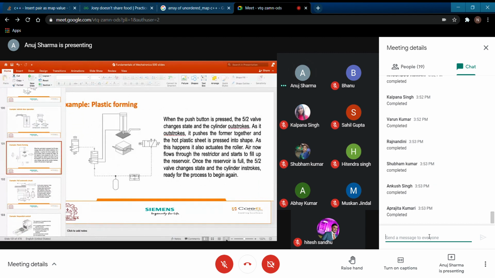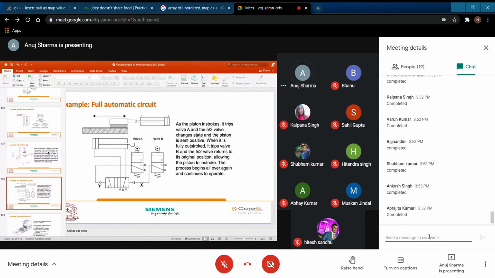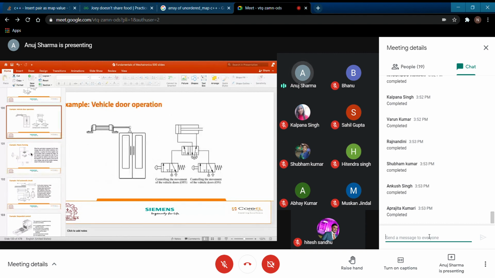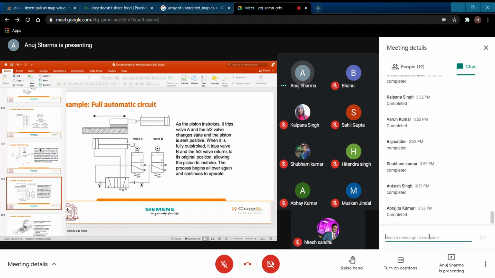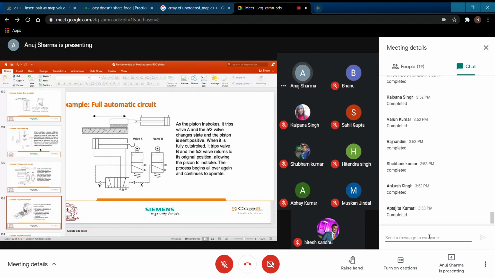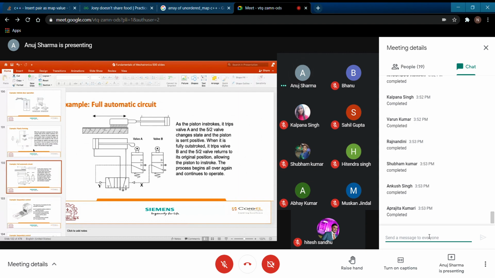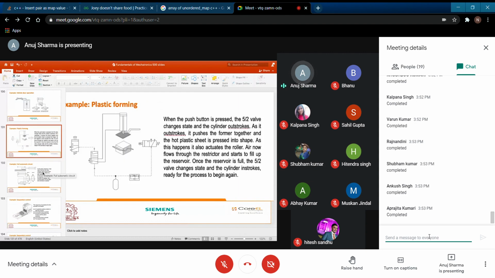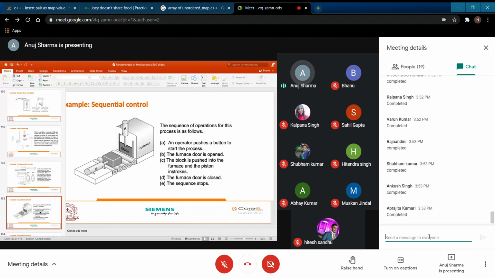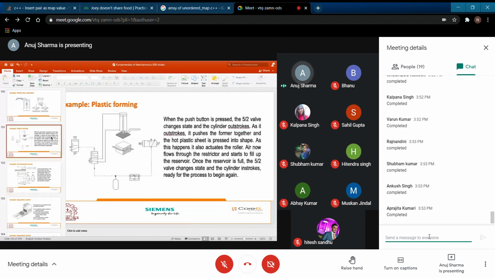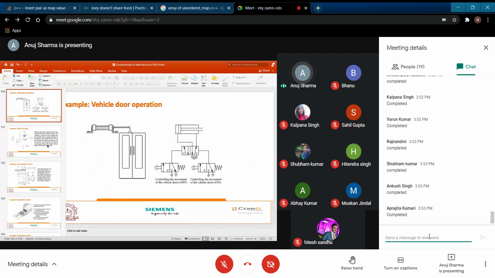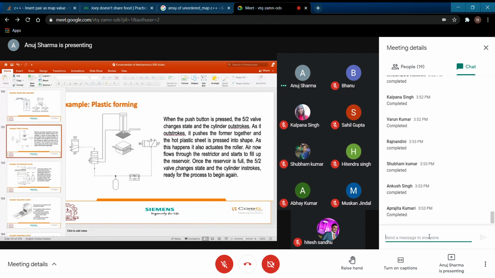Now, let us have a very quick review of these few examples also. These are all industrial-based examples, and they are still prevalent in industries right now. Few SMEs or MSMEs, small scale and medium scale industries, still work on pneumatic control only because they don't want to convert their system into an electronic control system. So they still use this kind of systems.